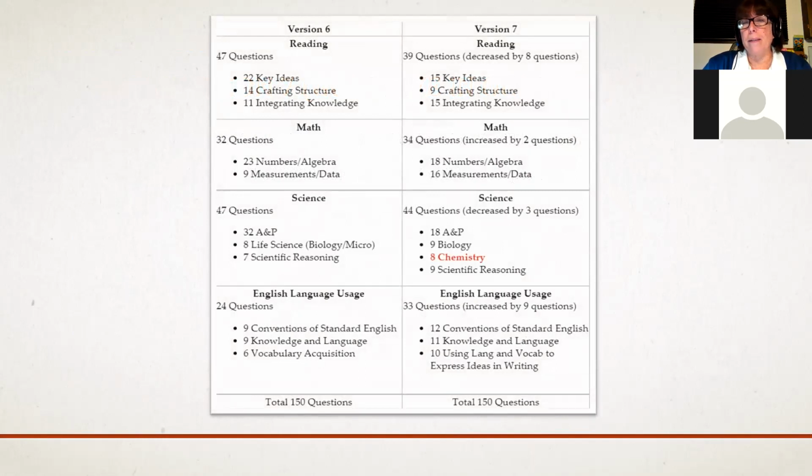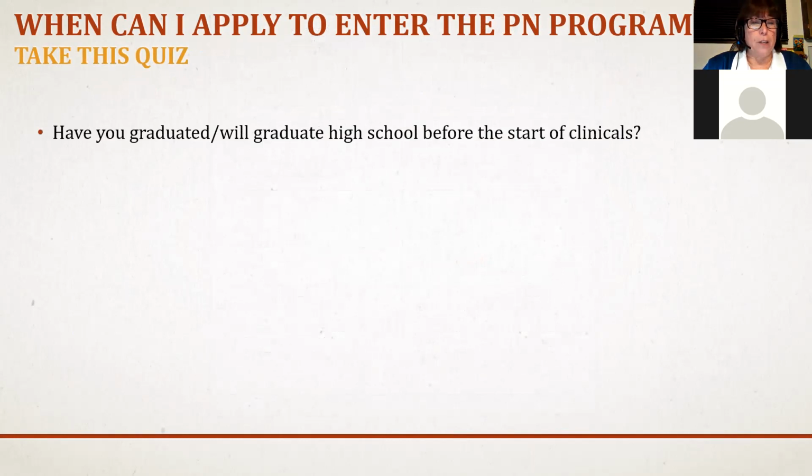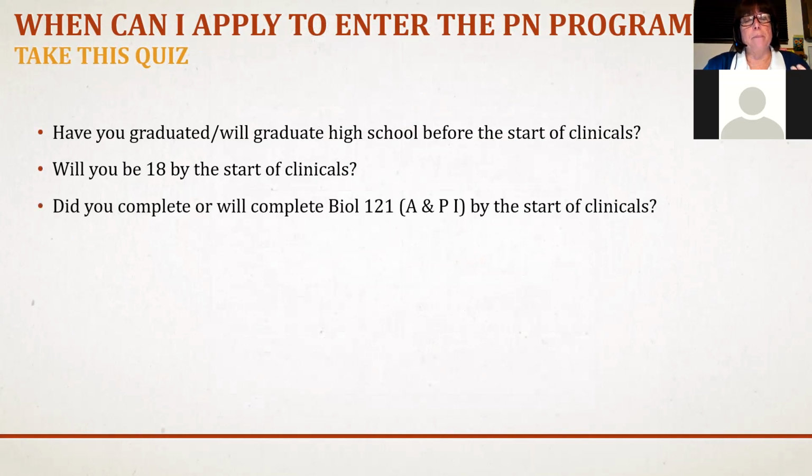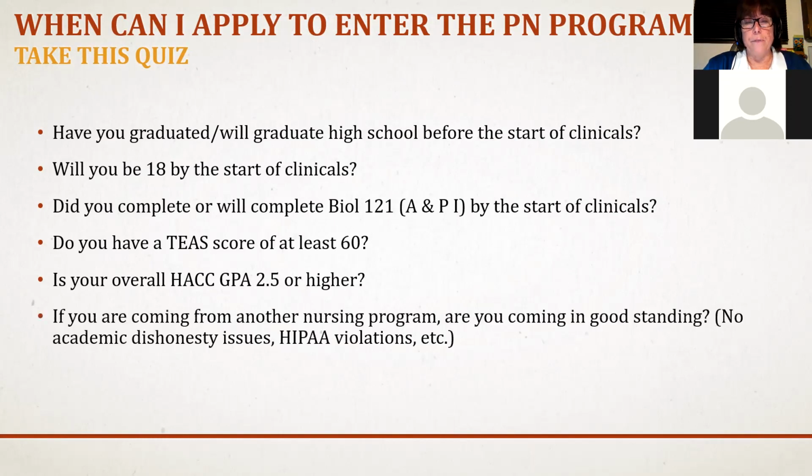This just speaks a little bit about the differences between the two. So you want to enter into the PN program. What do you need to do? You have to graduate from high school before the first day of class. You have to be 18 before the first day of class. You have to complete Biology 121 before the first day of class and with a C or better. You have to have a T-score of at least 60. You have to have a GPA at HACC of 2.5 or higher. If you've got that,